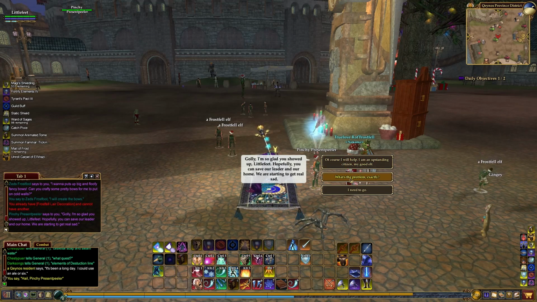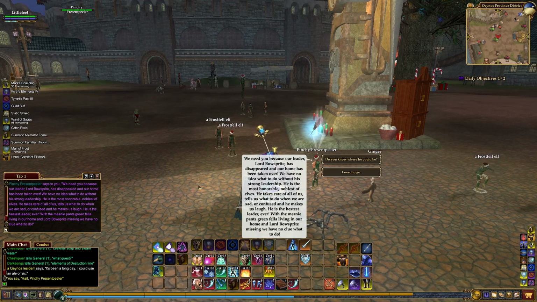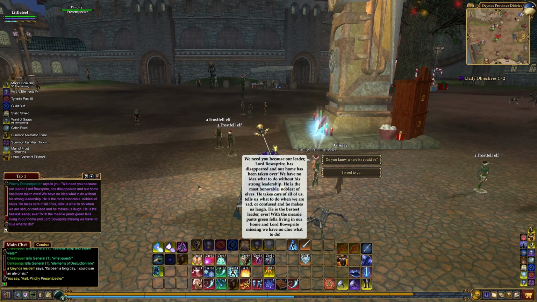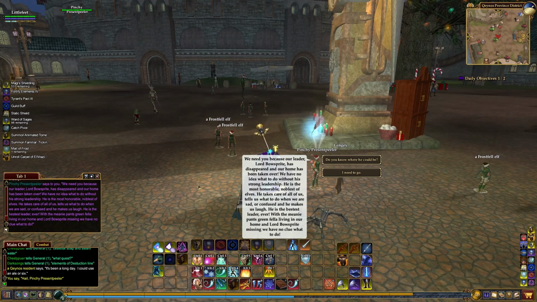What's the problem? We need you because our leader, Lord Bowsprite, has disappeared and our home's been taken over. We've no idea what to do without his strong leadership. He's the most honorable and noblest of elves. He takes care of all of us. He tells us what to do when we're sad or confused, and he makes us laugh. He's the bestest leader ever. With the meanie pants green fella living in our home and Lord Bowsprite missing, we have no clue what to